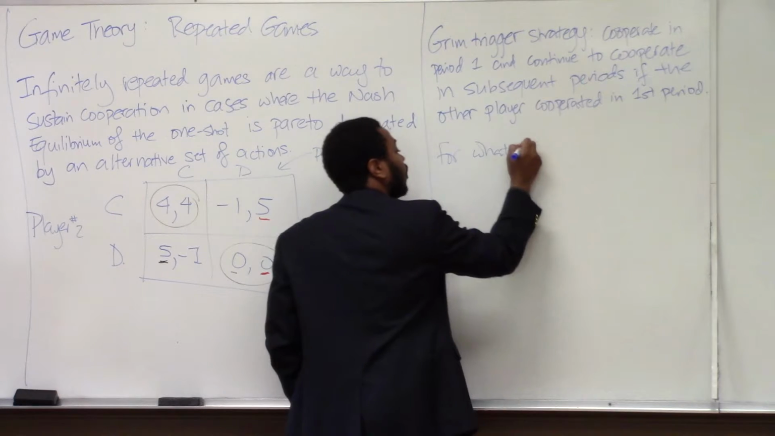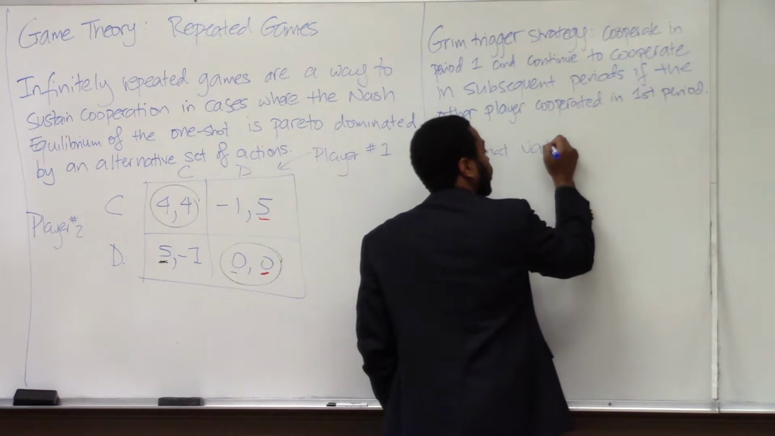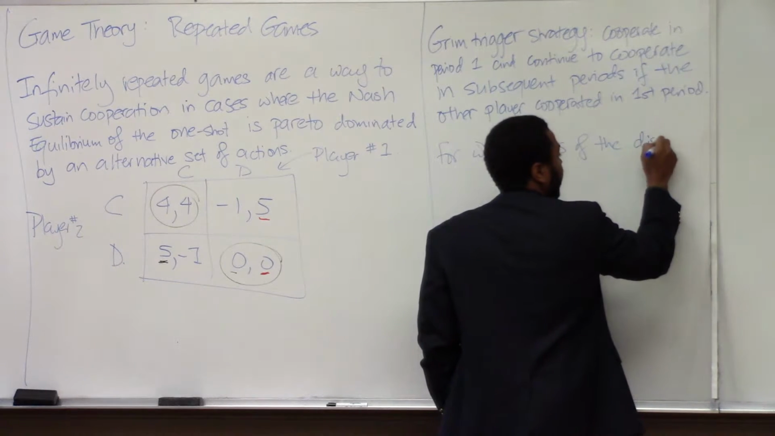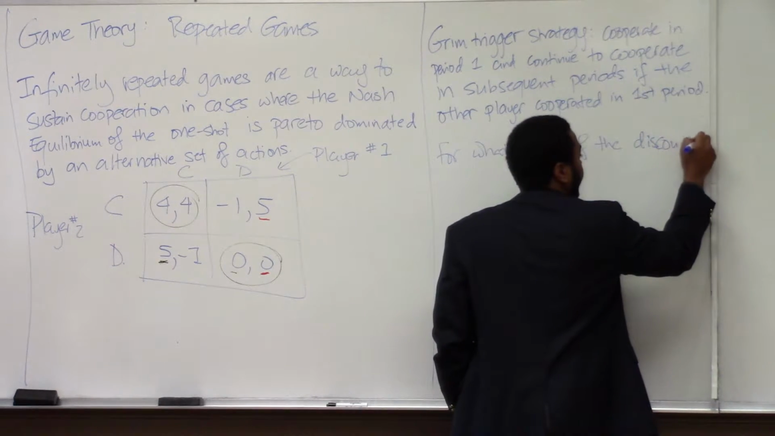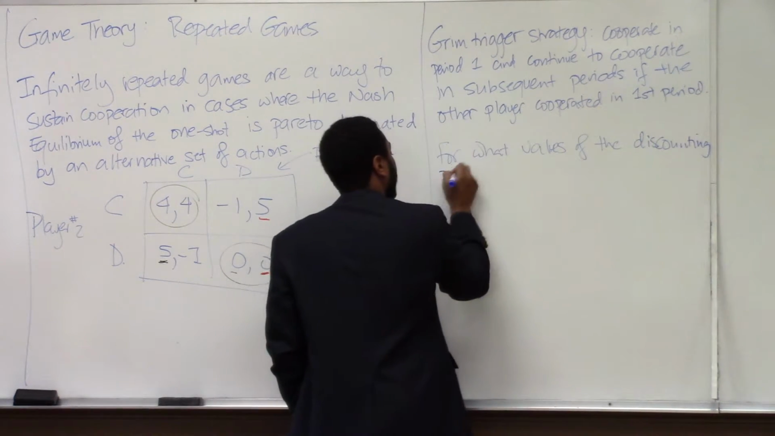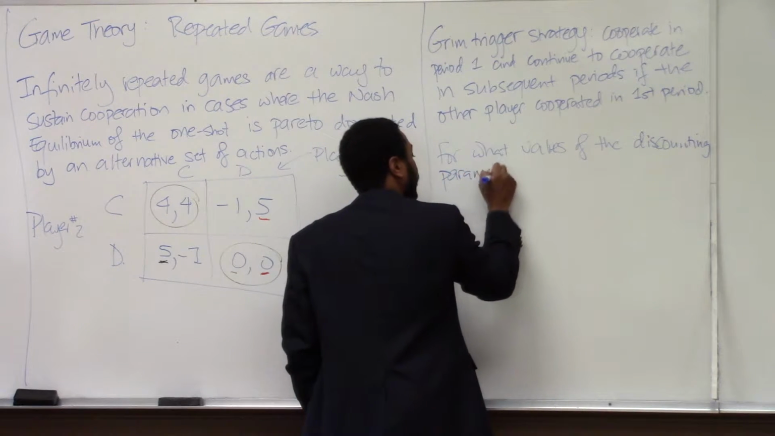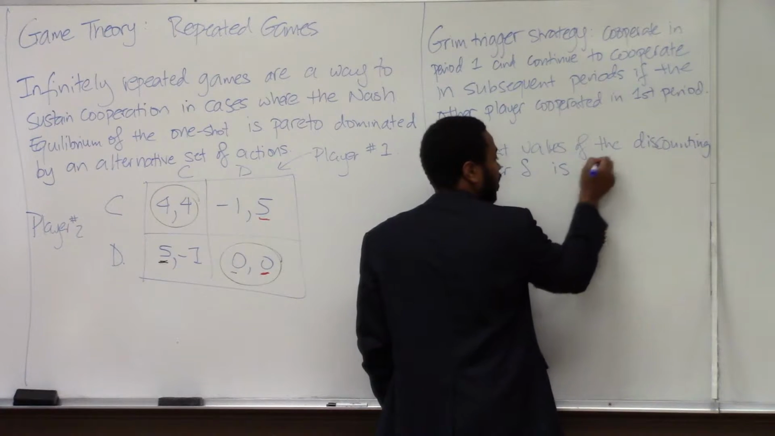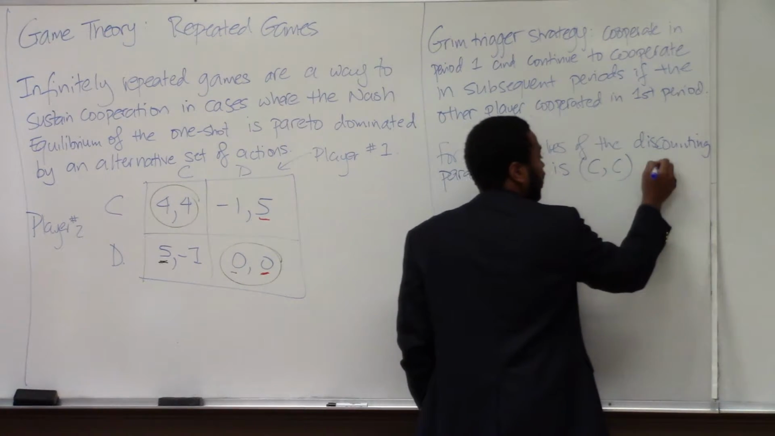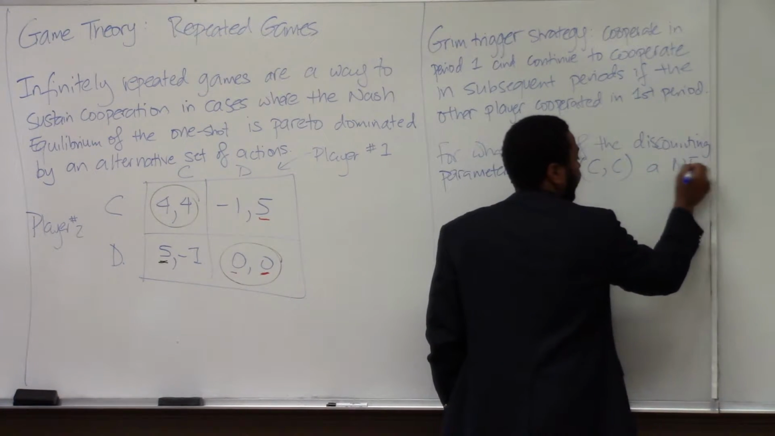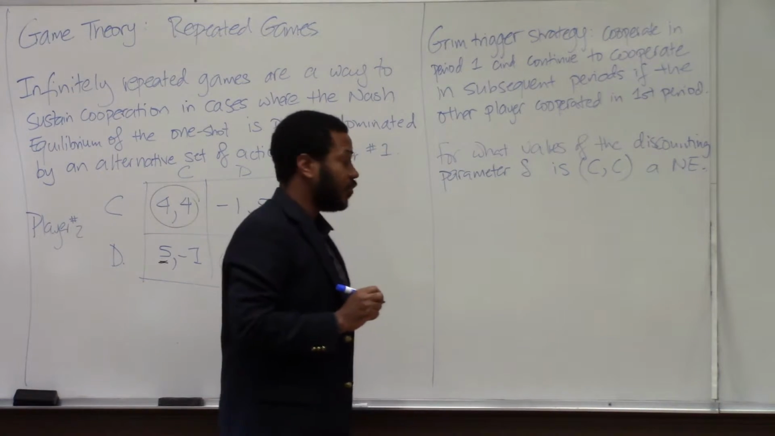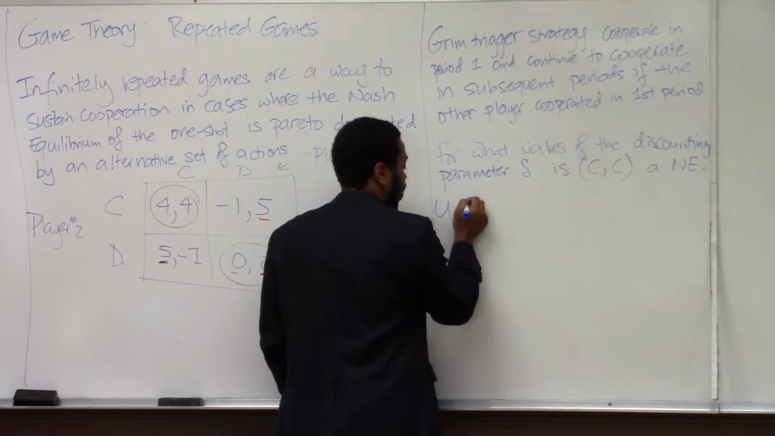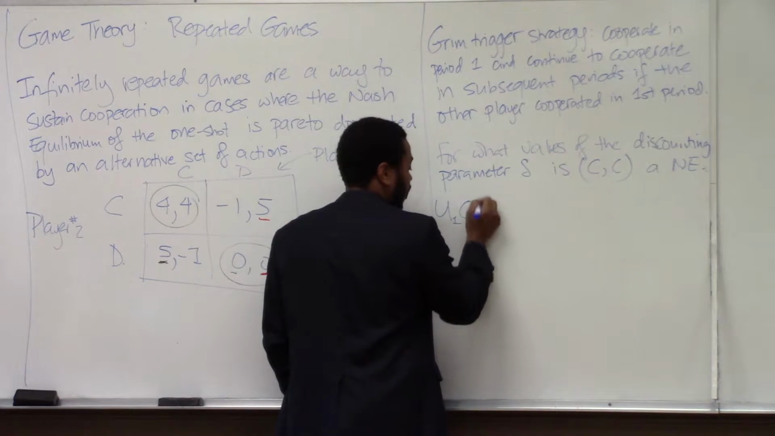So for what values of the discounting parameter delta is cooperate a Nash equilibrium, right? Okay. What's the utility of player 1 from